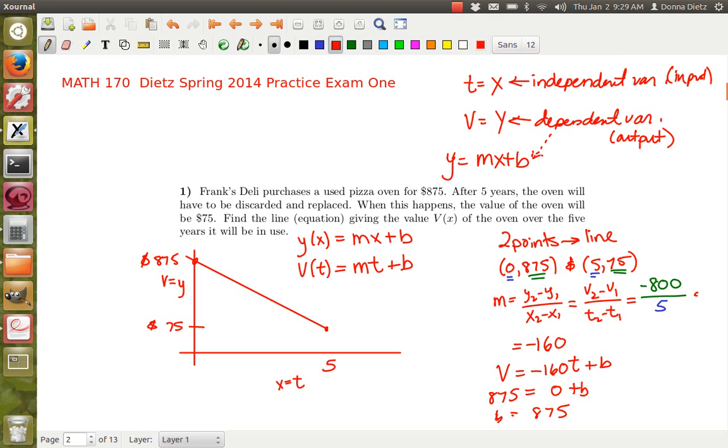I'm only doing this to be complete, but in the course of a real exam, you wouldn't have to do that step because it is the y-intercept, so you could skip that. Now if I gave you two separate points in the middle, then you'd have to go back and figure out the y-intercept. So you've got v equals m t plus